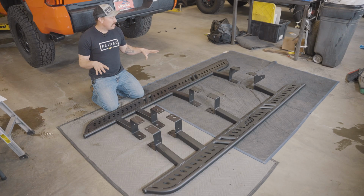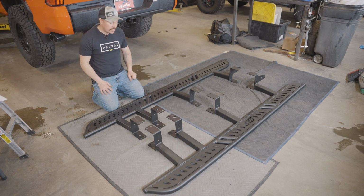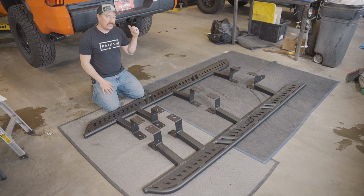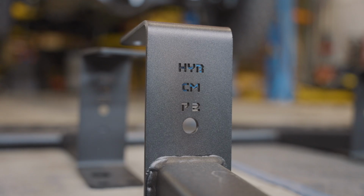Okay, so we got these laid out. Now what we need to do, because Toyota has so many different trim models for these Tundras, is make sure that we have the correct sliders in front of us. So behind me is a hybrid short bed. It's a 5.5-foot bed, and it's a CrewMax, so on the second leg, it says HYB,